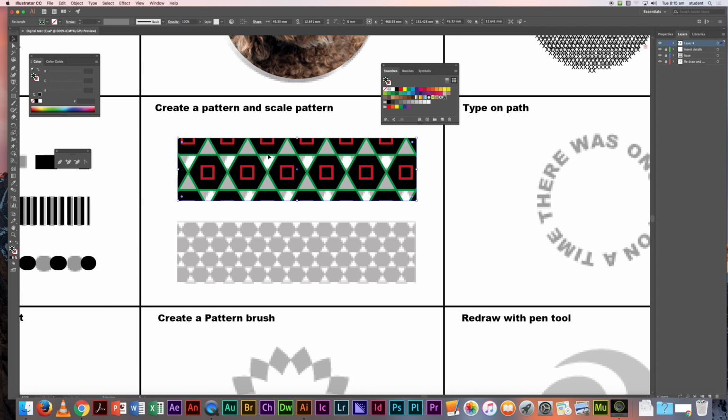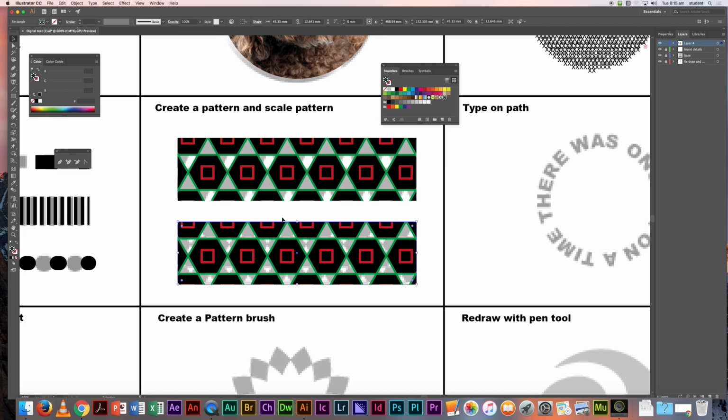One other cool thing about patterns, and again, I'm just going to copy this down here. It might often be the case where a pattern is not exactly what you want it to be. Maybe you want it bigger or smaller or rotated or something. We can do that here in Illustrator. I'm feeling like my pattern wants to scale down a little bit, so I'm going to select my scale tool, and as you can see, my shape is selected. And if you hold down your tilde key, on my Mac